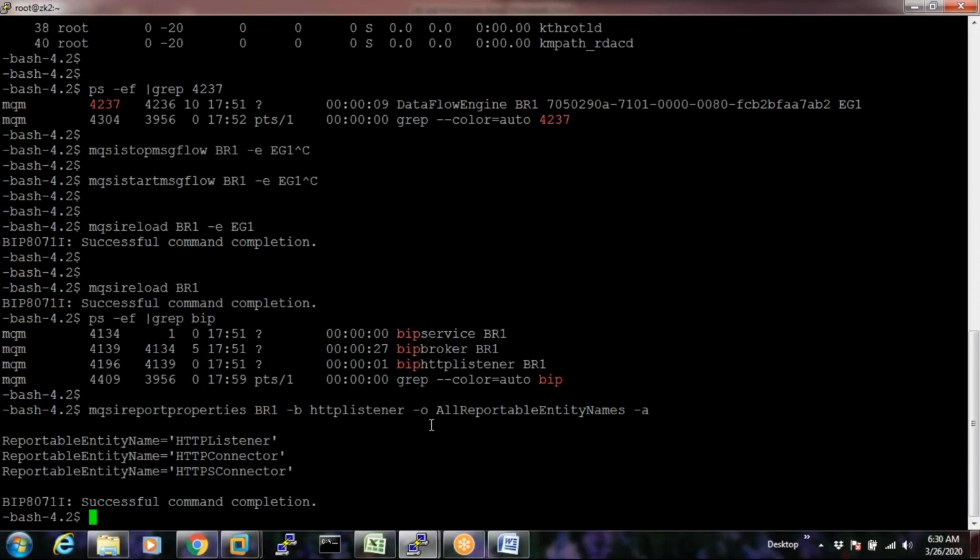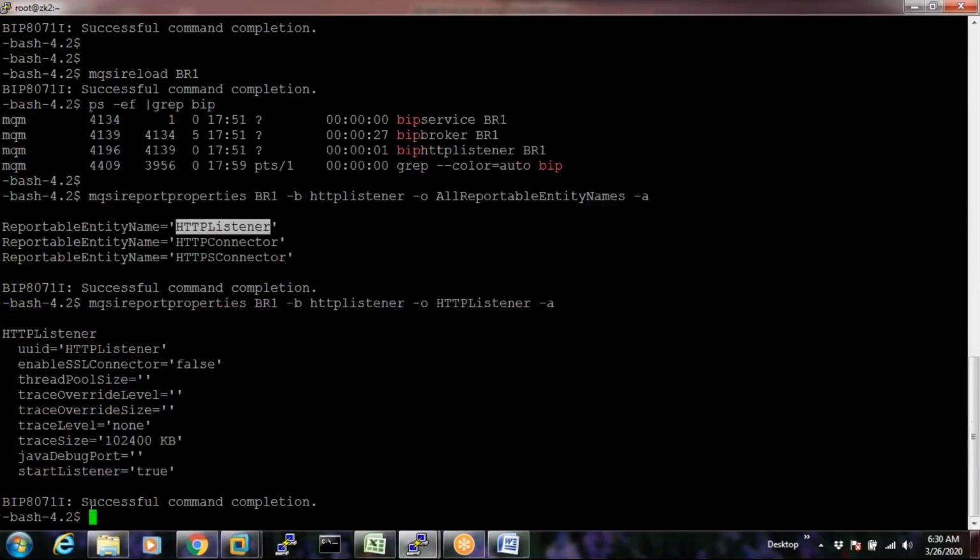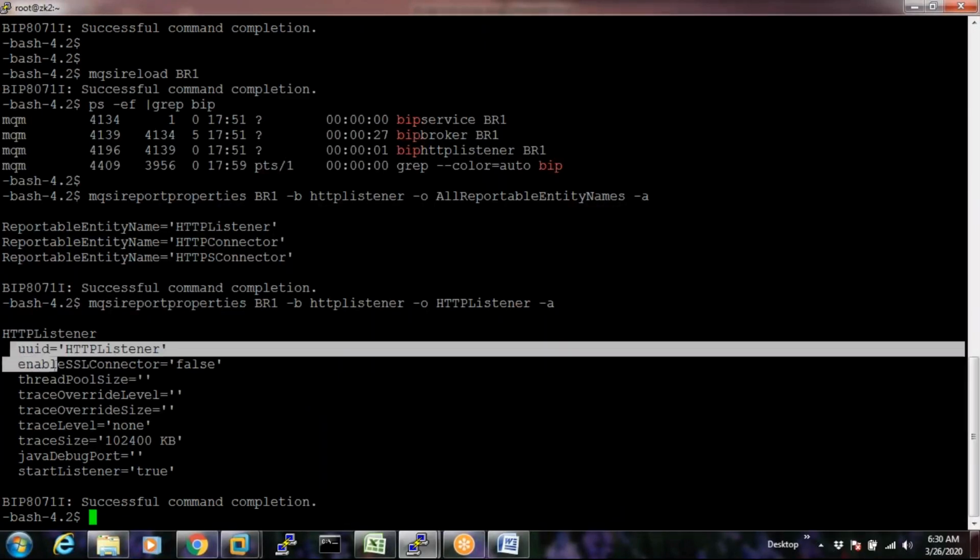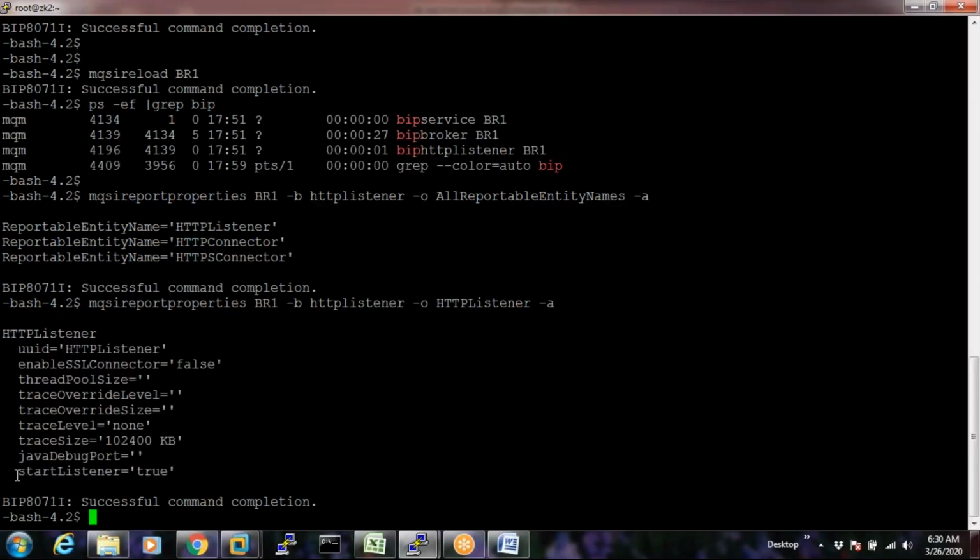Out of all reportable entity names, let's take this HTTP listener entity. When we execute this, it is going to show its valid attributes and their values. Here there is a property called startListener, which has a value of true. Whenever startListener is assigned true, only then does the listener come up when we restart the broker. If it is set to false, it won't come up, right?